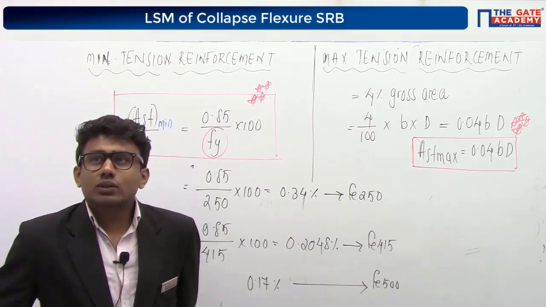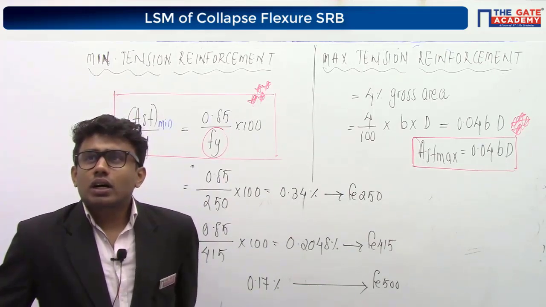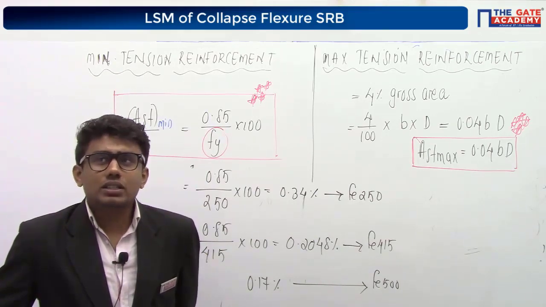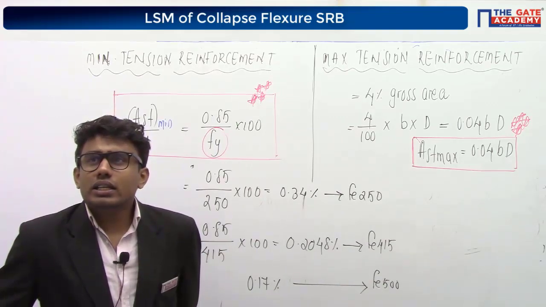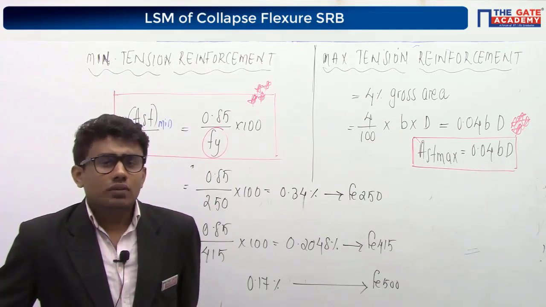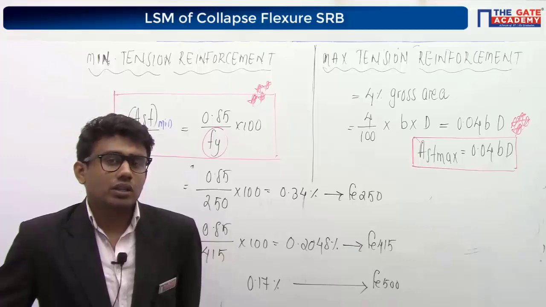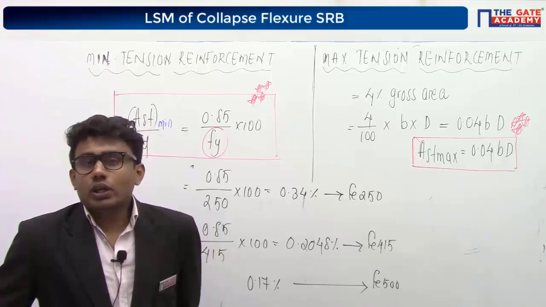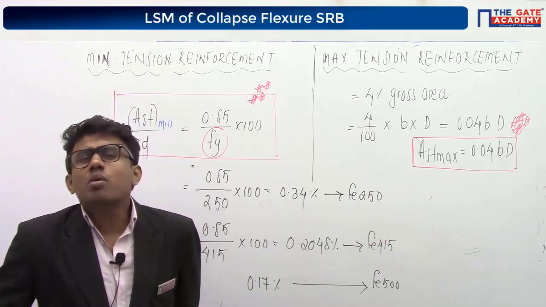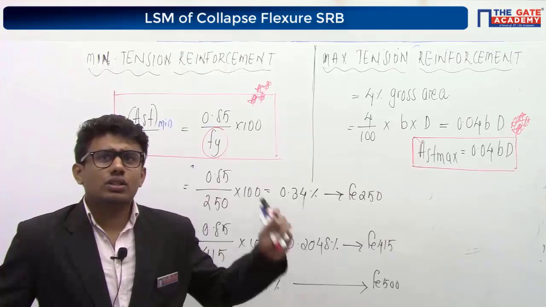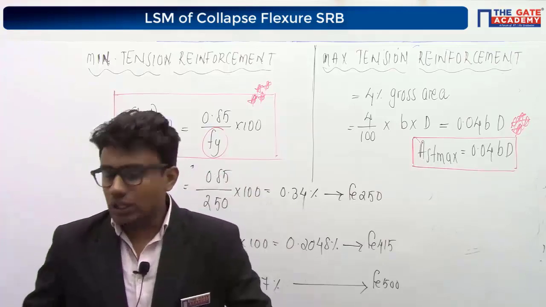One second. You are asking me any number of doubts. I have answered Rudraj. Rudraj, please comment your question again, I will answer that. Saksham, minimum steel at least to be provided in the beam, yes. We have to provide a minimum of tension reinforcement. You cannot provide a beam without reinforcement. That equation gives the minimum reinforcement. That's the meaning of it.